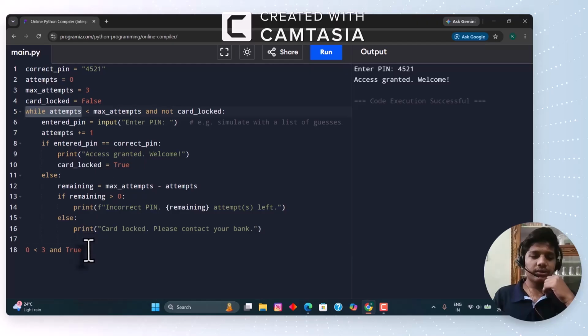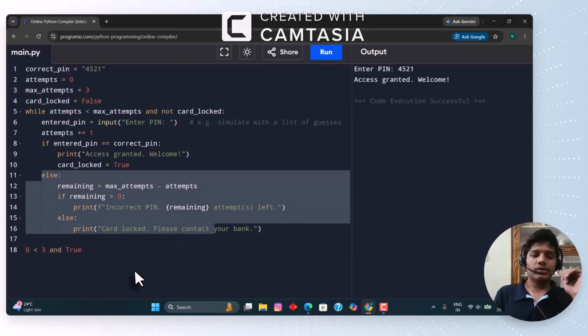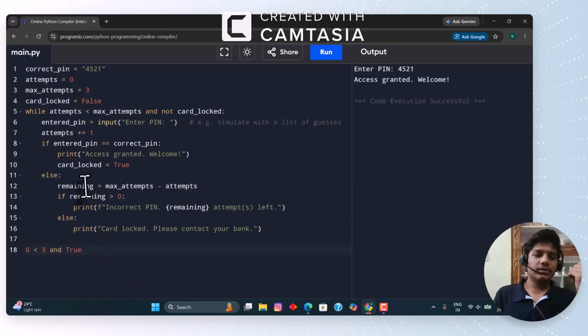When it becomes true, this loop runs again, because what is below the if is not needed. So attempt becomes 1, less than 3. It's correct, but what about this not card locked? So now the new condition is 1 less than 3 and